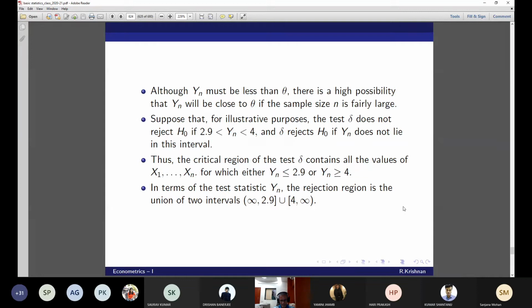Suppose I'm going to test whether something is equal to 3, and Yn happens to be equal to 3, and my estimator also happens to be 3. Is there a necessity to test further? So, can you please repeat? I want to test whether mu equals 20, H naught. My estimated mean also happens to be 20.